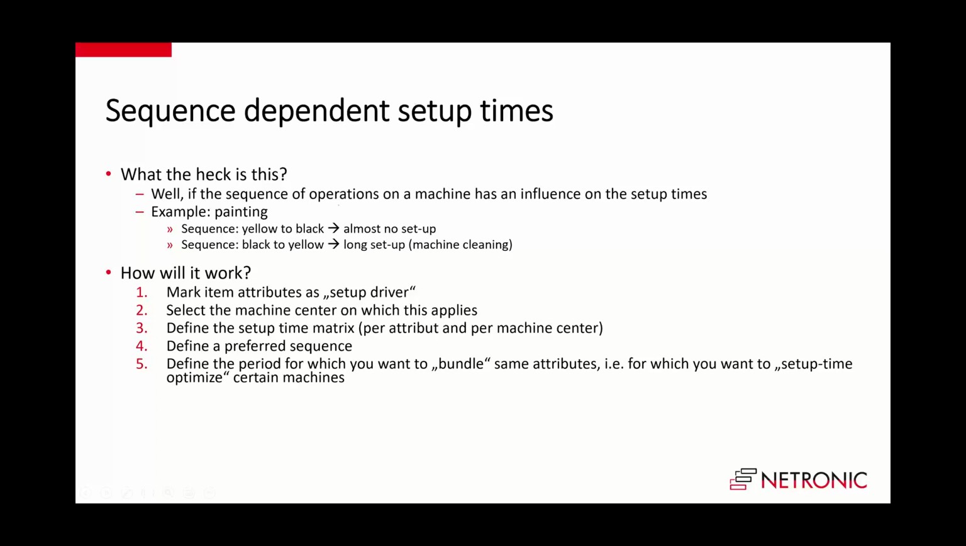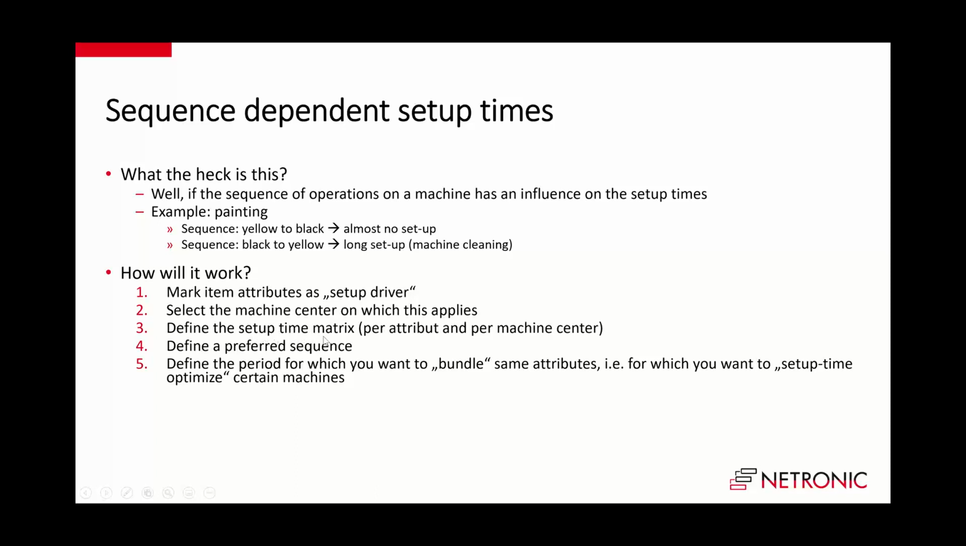And it could also be profile stamping, where you go from wide to narrow or vice versa. Or in food, where you mix food and need to make sure about allergens and non-allergenic ingredients. But it is always that there are certain item attributes that drive the setup time, and this happens on a few machines. And then for those machines where this happens, you actually have to define a